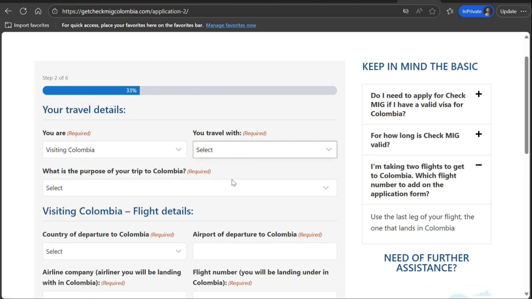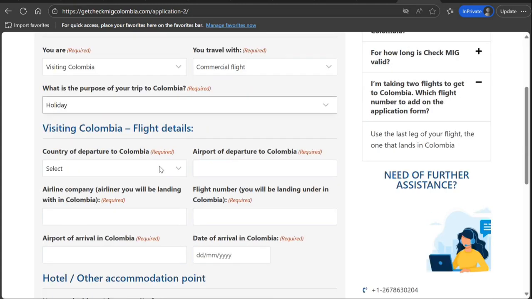You travel with, most of people use commercial. What is the purpose of your trip? I select holiday. Country of departure to Colombia. Let's say you're coming all the way from India. Airport of departure. Let's say